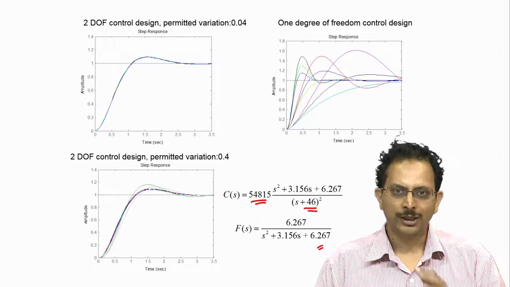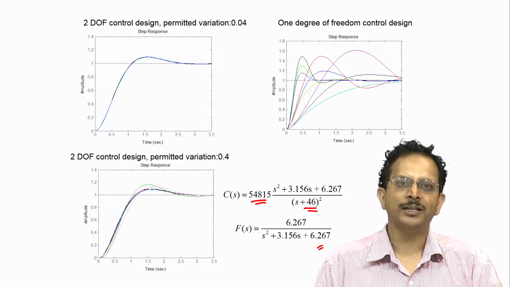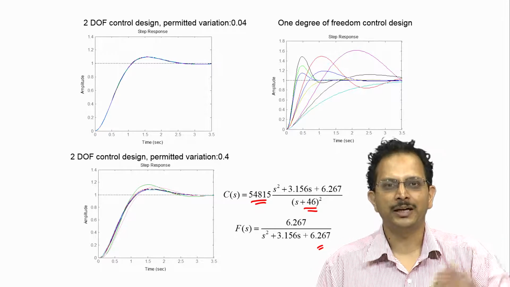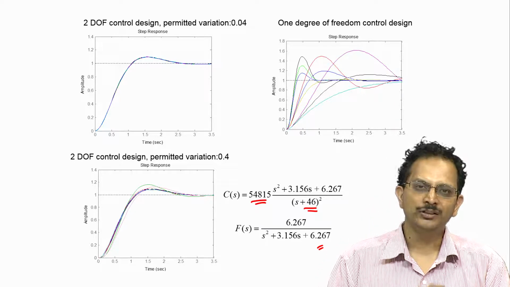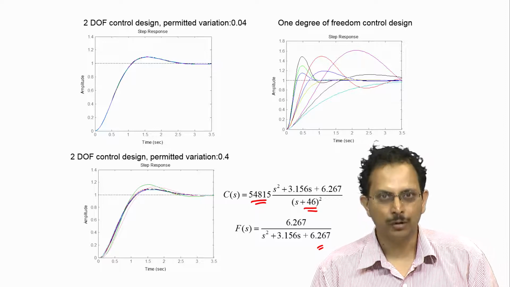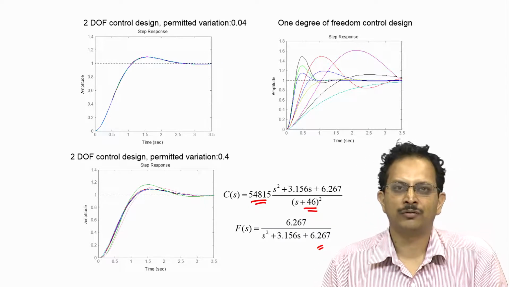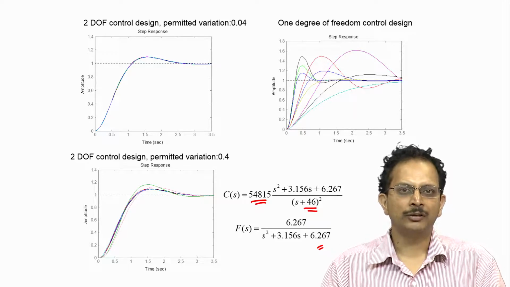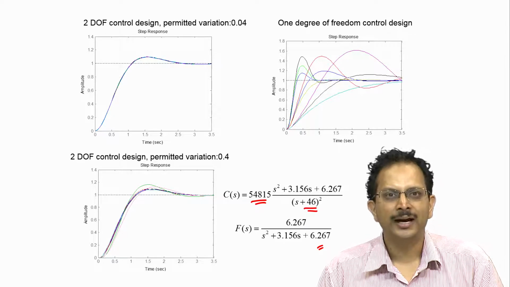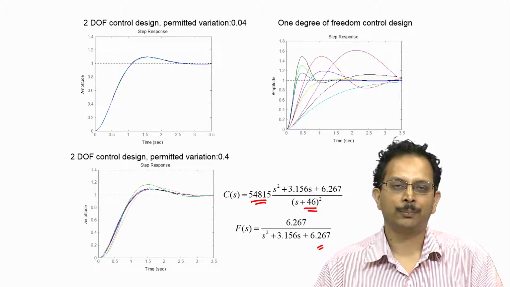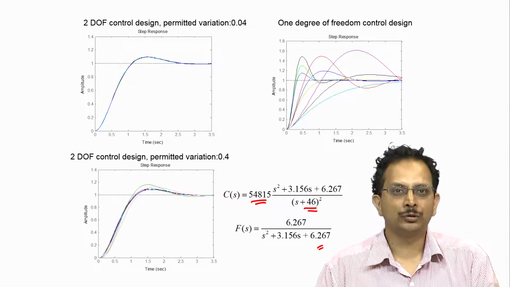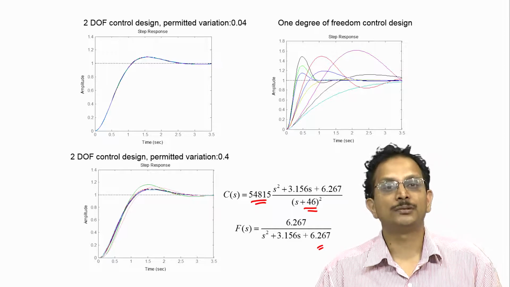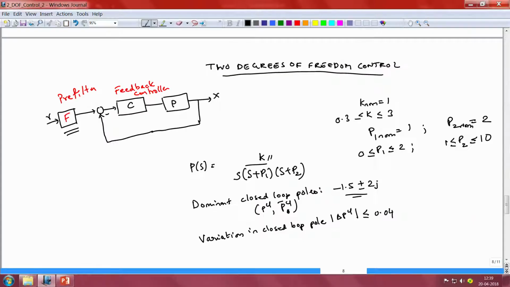The steps however for this case are very similar to the steps that we have adopted for the three examples that we have considered so far, and in particular the first step of the design is very similar to the case that we considered just now in this clip where we had independent variation of the gain and the pole location. So we shall focus only on the first step once again, and I shall briefly say how we can extend the procedure that we adopted in this clip to address the problem where we have uncertainty associated with two poles or perhaps even more poles of the plant. So we shall return to this slide where we state the problem.